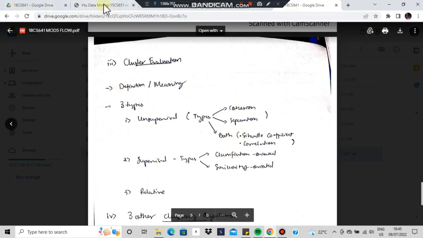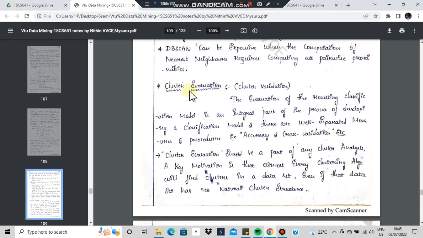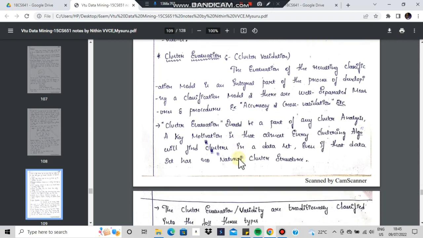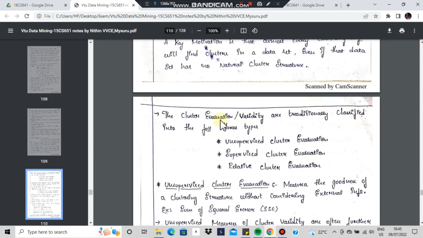So let's see the meaning of cluster evaluation. Cluster evaluation means cluster validation, that is, we are checking whether the cluster is good or not. The evaluation of the resulting classification model is an integral part of the process of developing a classification model, and there are well-separated measures and procedures. Accuracy and cross validation are examples of it, and we will be validating the cluster based on some metrics. Cluster validity or evaluation is traditionally classified into three types: unsupervised, supervised,